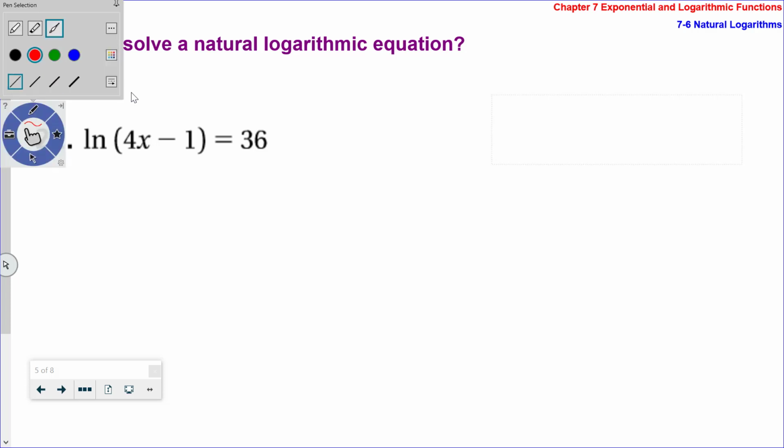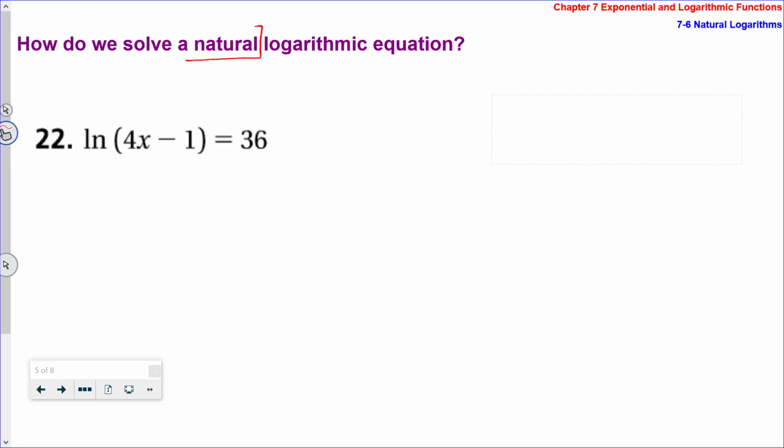Today, these are natural logarithmic equations. The only difference. And how do we know it's natural? We see ln. So the first thing you need to do whenever you see ln, what does ln represent? Log base e. So we'll just change ln to log base e. So this ln